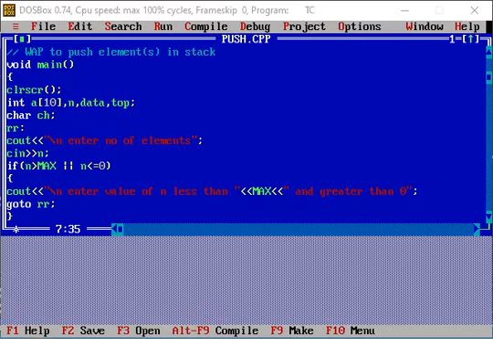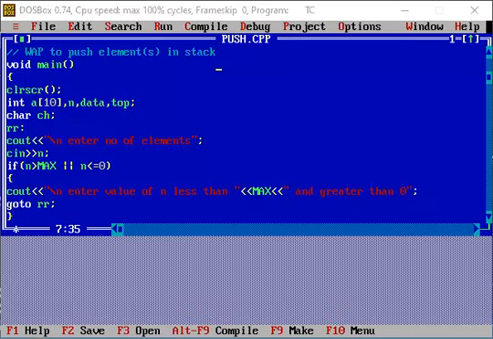So today we do how to insert or push an element in the stack. So let's start our today's lecture. I write a program in Turbo C++ to push element or elements in a stack. Our program starts from void main, which represents where our program starts, and I have a clear